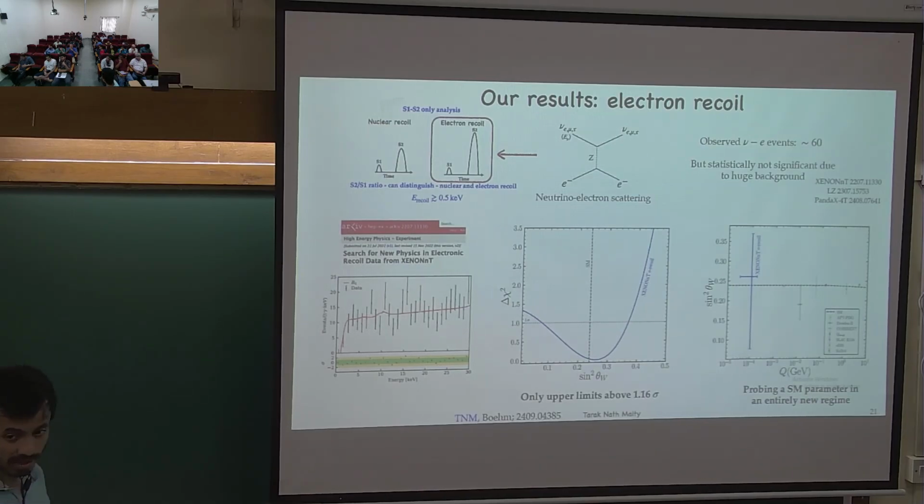So essentially here you are recoiling an electron to 1 keV, and the corresponding required momentum transfer is around the sub-MeV regime, and that sets the energy scale of our measurement. So it's not only about the measurement, it's also about the energy scale where you are doing the measurement. Since these experiments are probably the best in this energy scale, that's why they could do it.